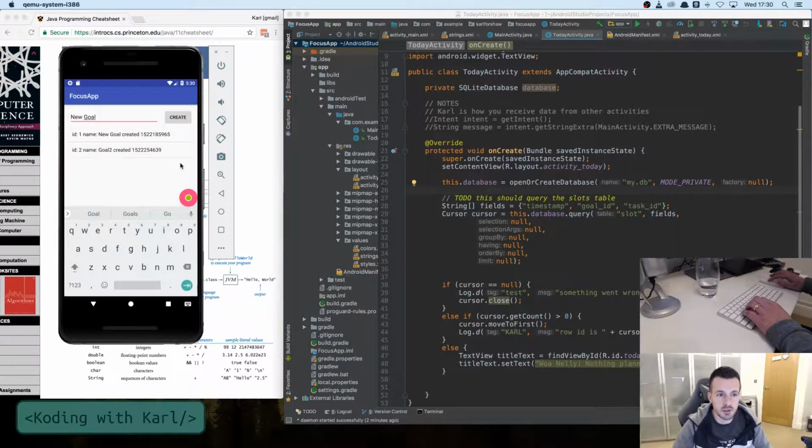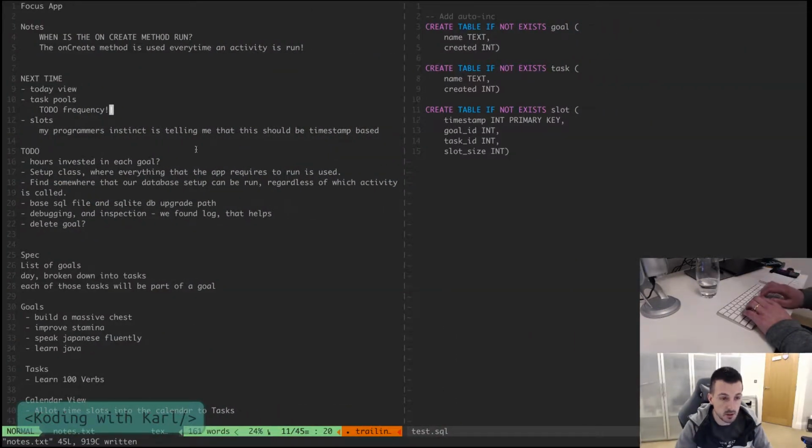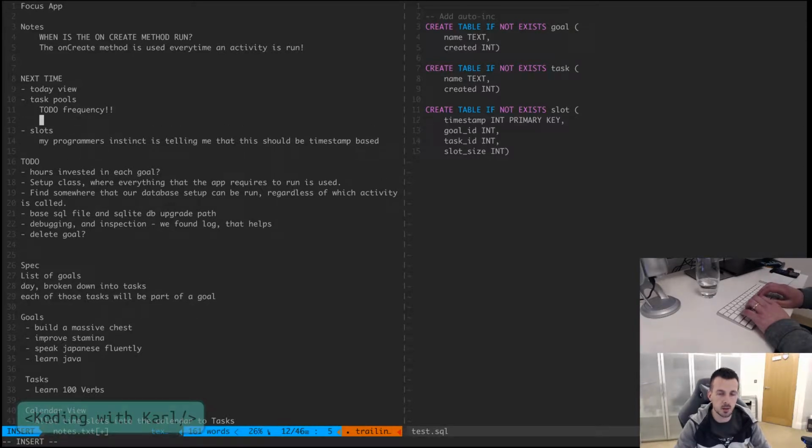So, first things first, let's look at our to-do list. Yesterday we got to the point where we were thinking about slots, and by slots I mean time slots. And what we were thinking about is how we were going to allocate tasks to time slots throughout the day. Now, I've been thinking about pools of tasks recently, and tasks that we will redo on a daily basis. For example, I get up in the morning, I make the bed. That happens every single day. Do I want to type make the bed every day? No, absolutely not. So I think it would be cool if we could have something in here